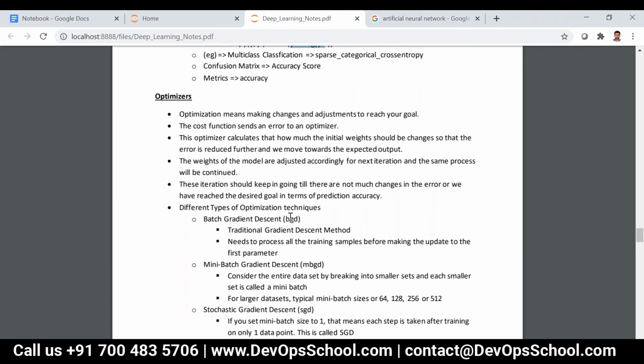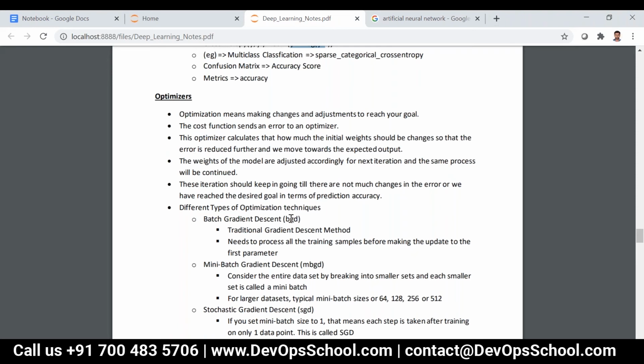Consider I have 60,000 training samples. In order to update the weight for training sample 1, it has to process all the training samples. Only then can it update the weight. That is nothing but BGD.